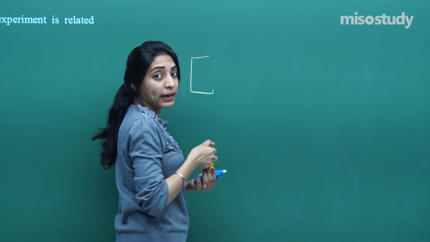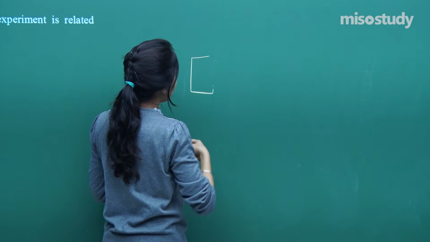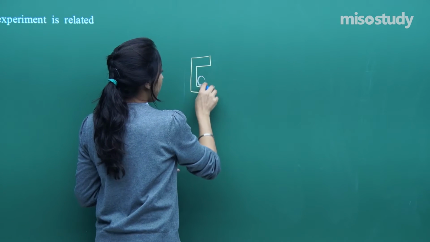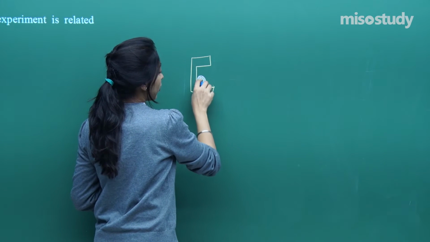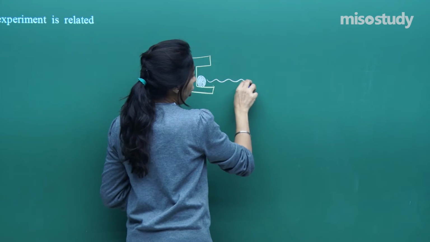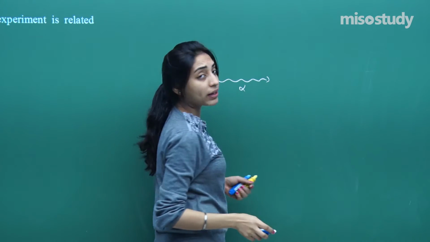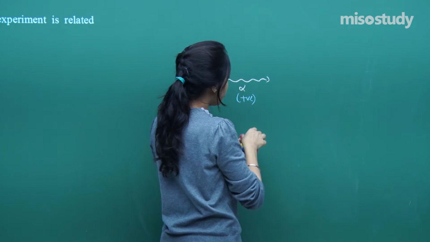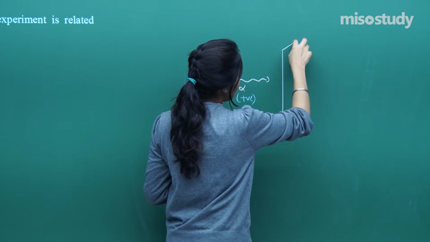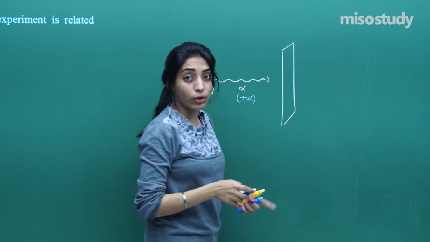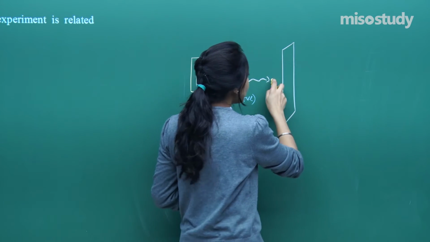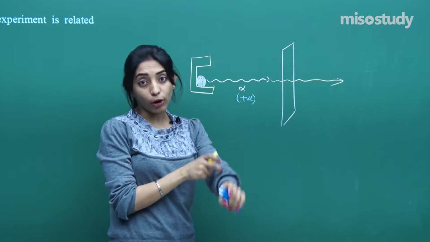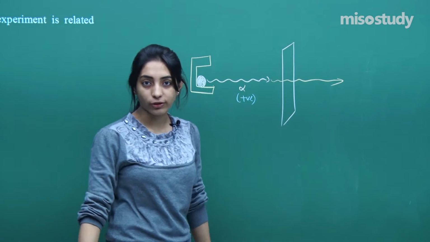Right now, I also explained that you would take a lead chamber, keeping a radioactive particle here, which was undergoing disintegration to form alpha particles. Alpha particles were supposed to be positively charged. Then they were allowed to pass through a thin gold foil, right? And finally, you could see that most of the... so what were the postulates? Let's directly come to the postulates.